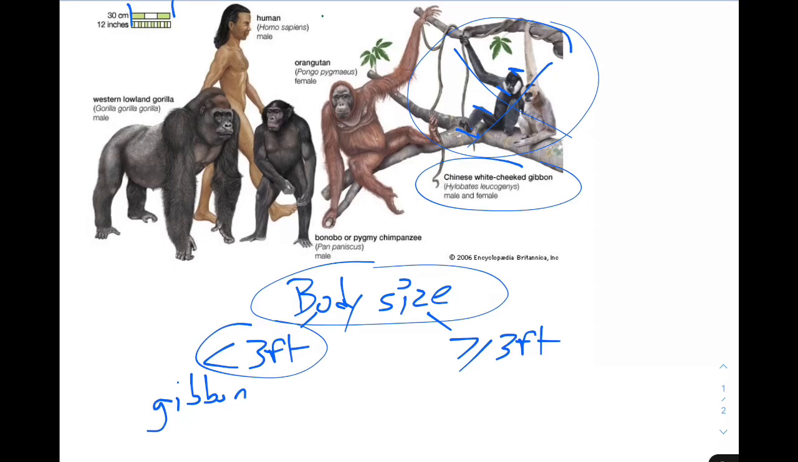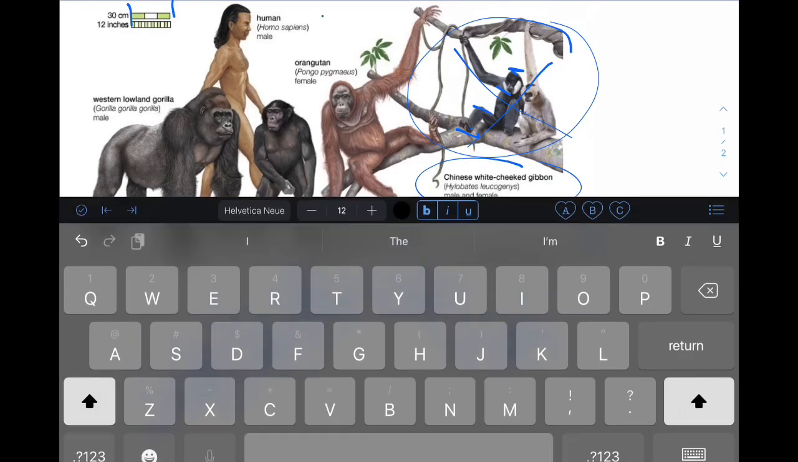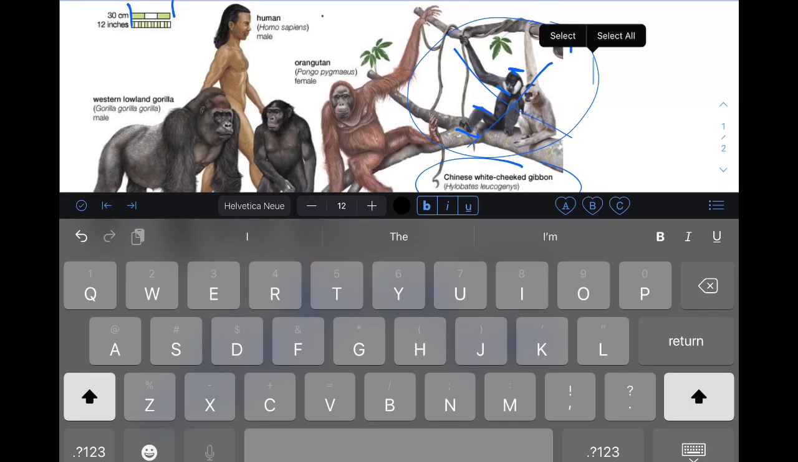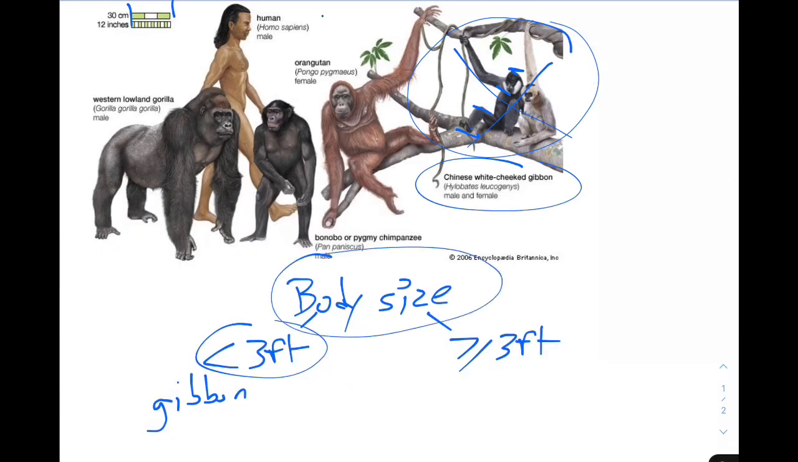For the ones that are greater than or equal to 3 feet, that's everybody else. That's the orangutan, the bonobo, the gorilla, and the human. I actually can't tell if this is a bonobo or a chimpanzee. I don't know apes well enough. But hey, we'll pick one. I just want to draw that circle again. So of these 4,